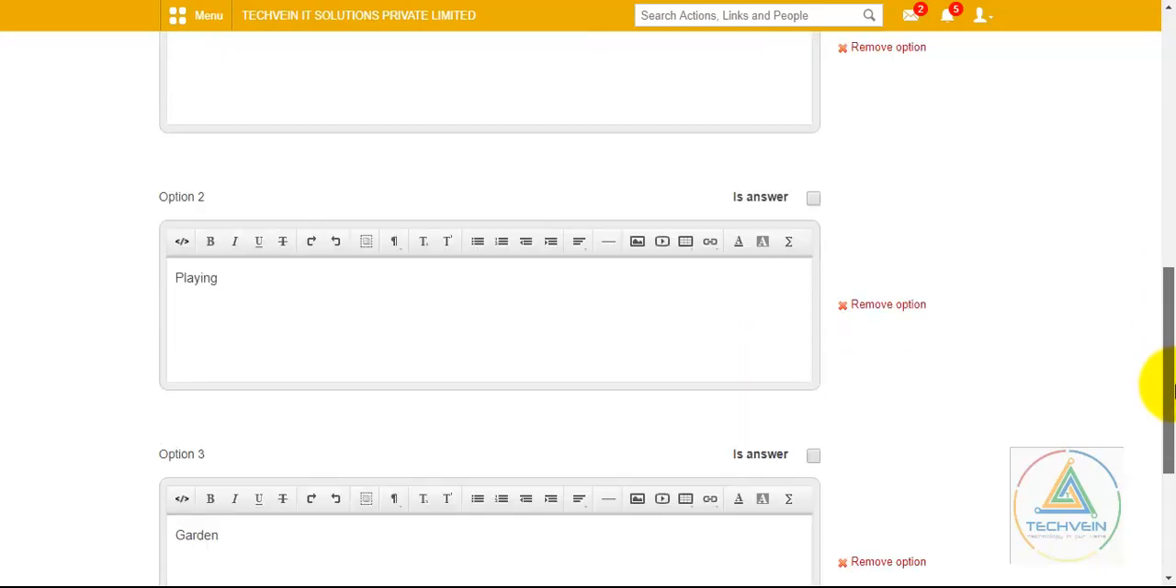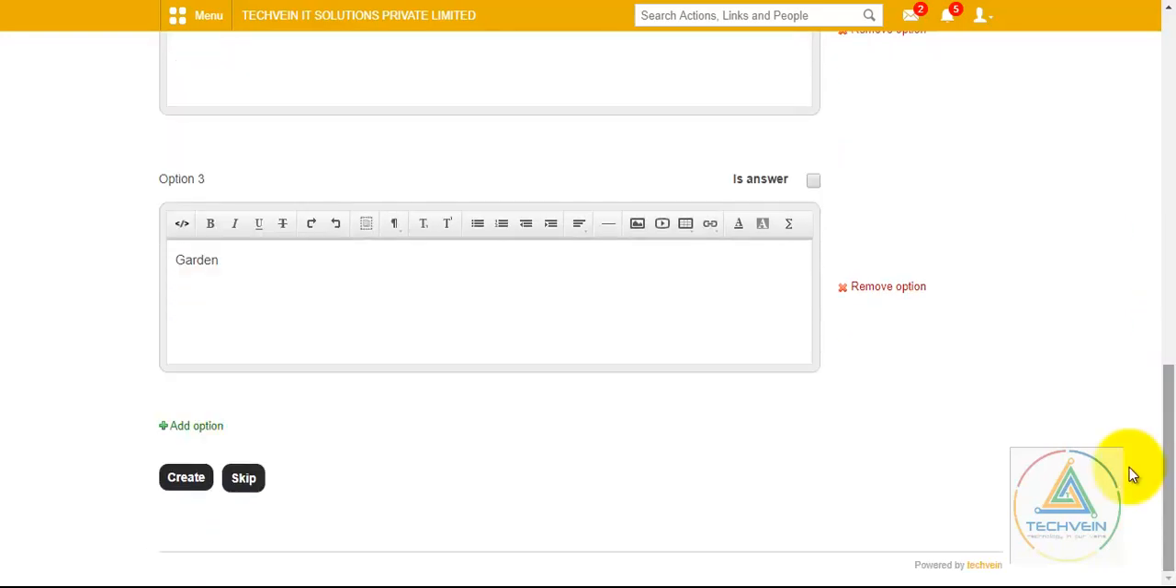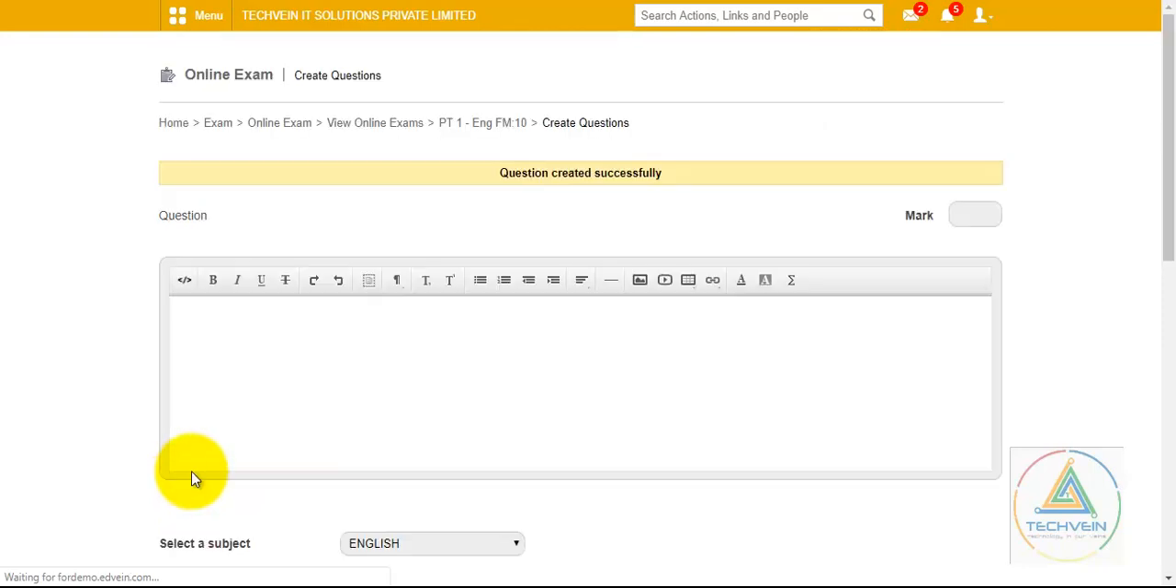Now after creating the first question, I will go on to create the next. So just click on create, and I went to the next question. Now question 2. Here also first mention the total marks, so it's 5. So